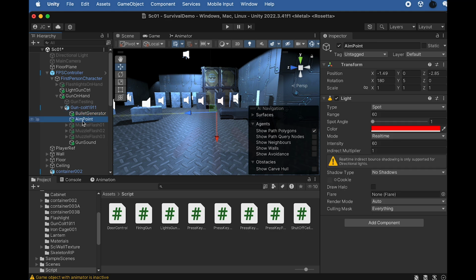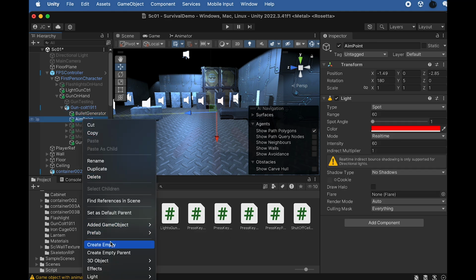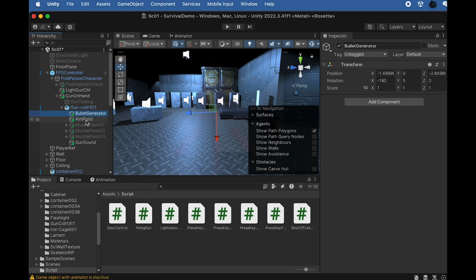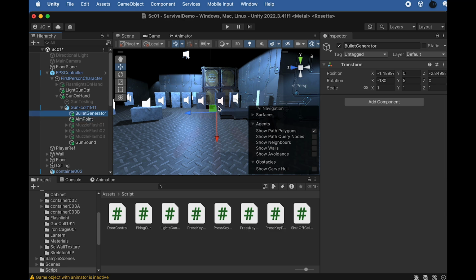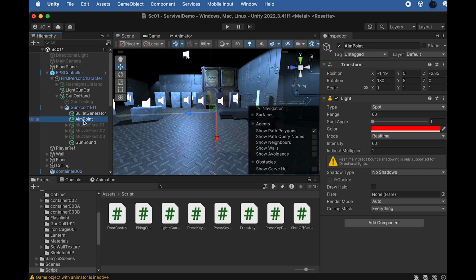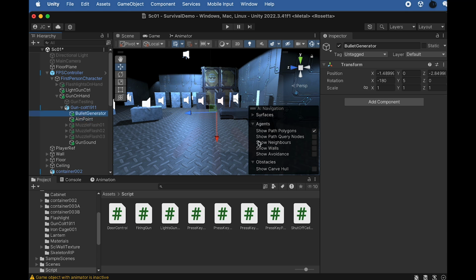The only reason why we right click, create empty object, is because we want their axes to be exactly the same. See, the Z axis, the blue one, is aimed in the exact same direction as the endpoint. Okay, so do not move it in the scene, do not change its position, because they are matched. Okay, so now for bullet generator